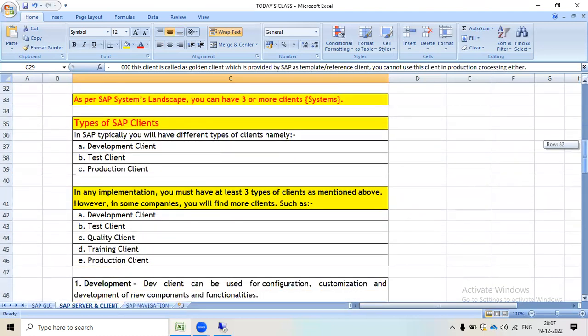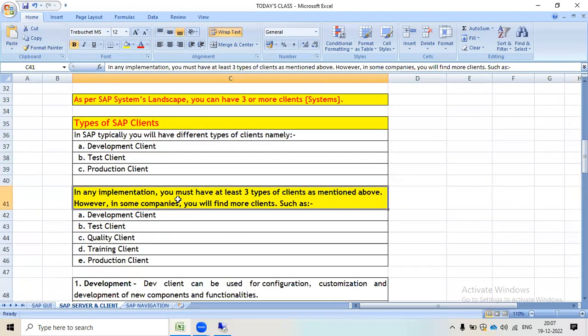Okay, now I'm going to move on. As per SAP landscape, you can have 3 or more clients. So now we are going to move on to different types of client. In SAP, typically you will have different types of client, namely development client, test client, and production client.